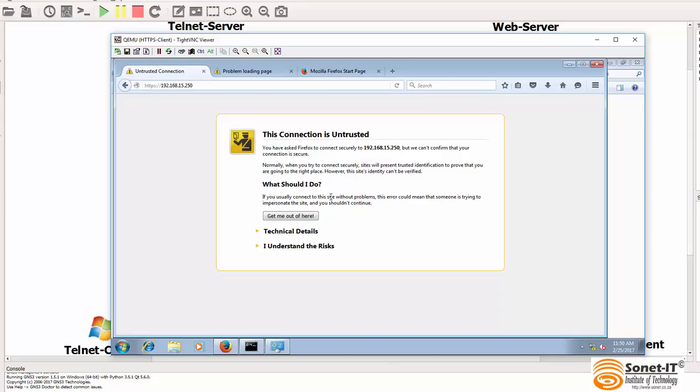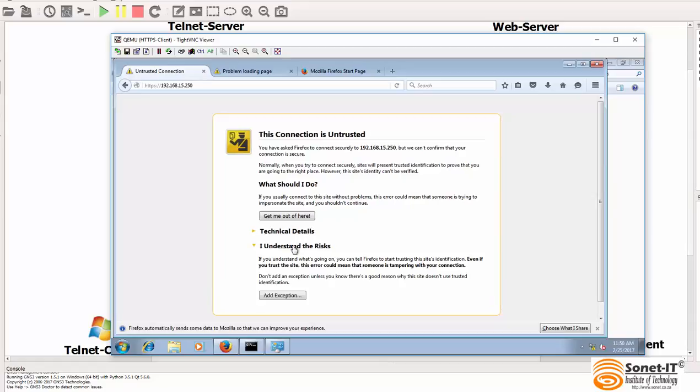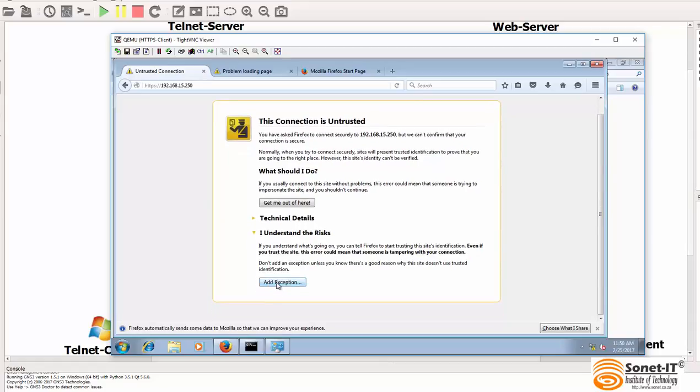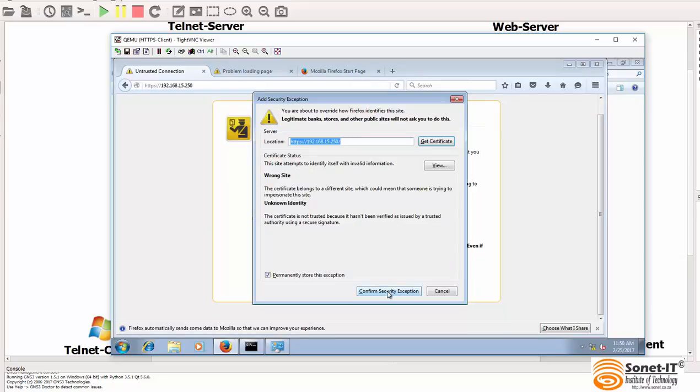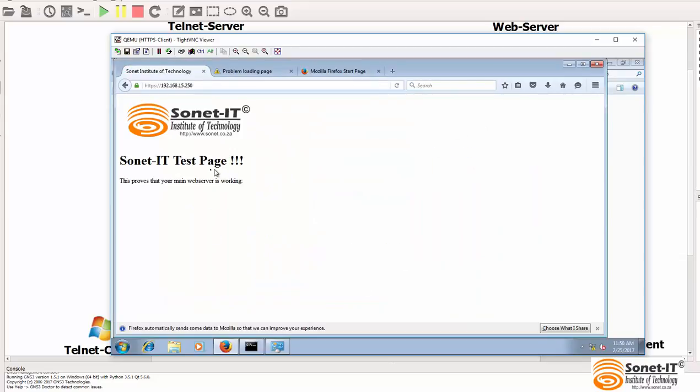So this is a basic warning that you are connecting to a secure web server, but the certificate that is presented was not signed by a certificate authority. This is a self-signed certificate, and therefore you are given a warning. Now, I trust this server because it's a virtual server and it's my server, so I have to accept the warning. So you click understand the risk and then add to exceptions, and then click confirm, and you have your access